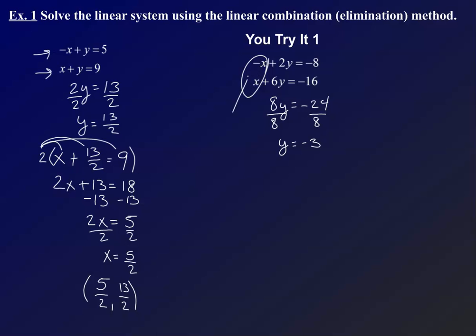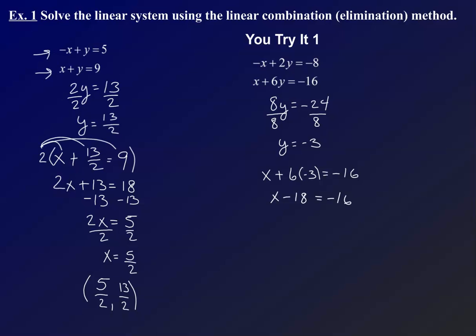We get to choose our equation to plug it back into. So like last time, I'm going to choose to plug it into the second equation since everything's positive. Usually I look for the smaller numbers, but in this case I chose the second one because it's all positive on the left side. So we have x plus negative 18, so really it's just x minus 18